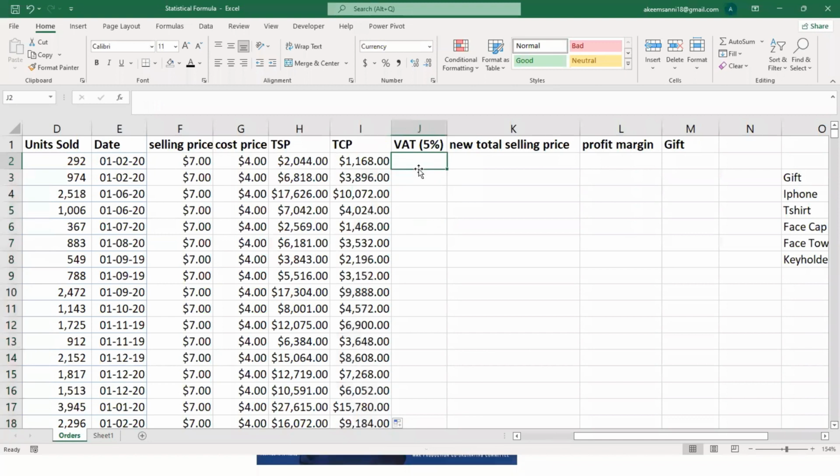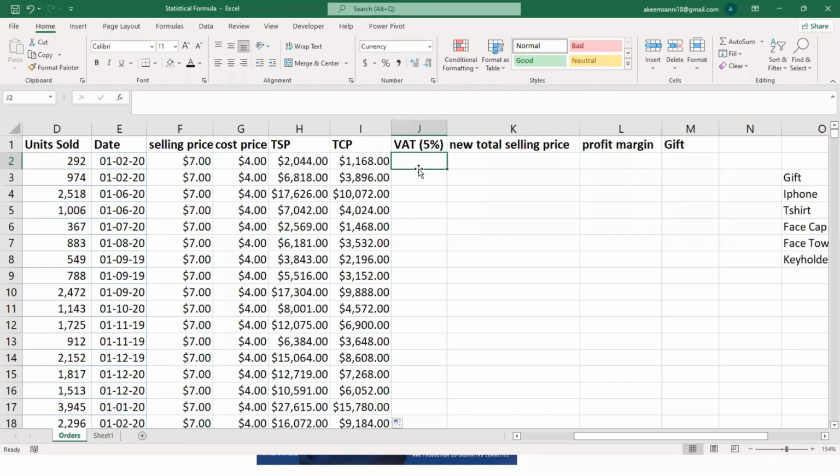So like I said, if you go to ShopRite or you go to any mall at all, if you buy anything as small as a bottle of water, they are going to charge you VAT, because that is what you have to pay for every product that you buy, right? You have to pay something called VAT. That is value added tax. Now, the same thing applies to this business.